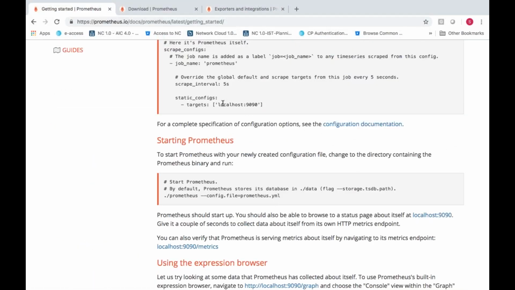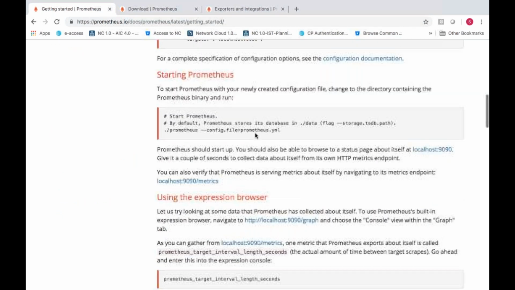We already modified this particular localhost to an IP address so that my other nodes can listen on this IP address, because I need to get the information from other nodes and it should be shown in the Prometheus dashboard, right? In order to contact Prometheus, I need to have a proper IP address. Localhost in the sense, every server has a localhost. So how will it contact? That's the reason I have changed it to an IP address.